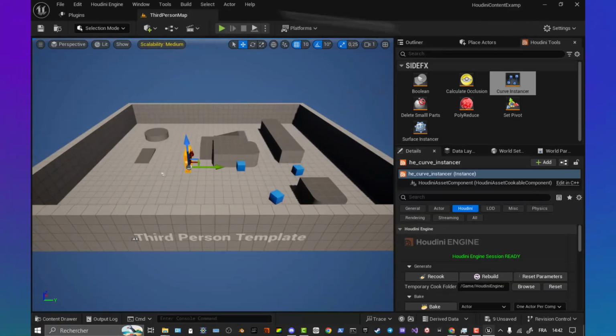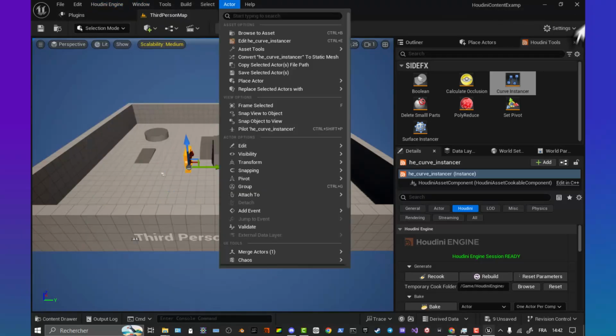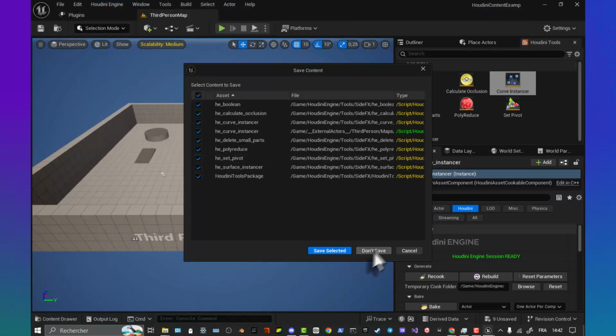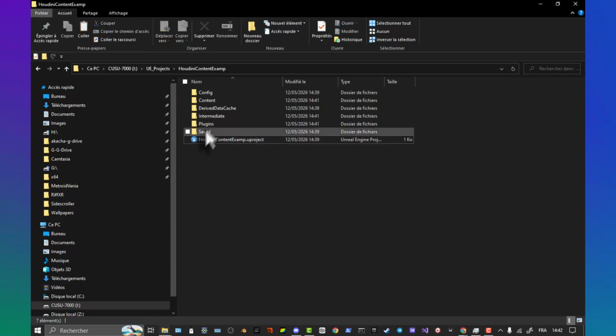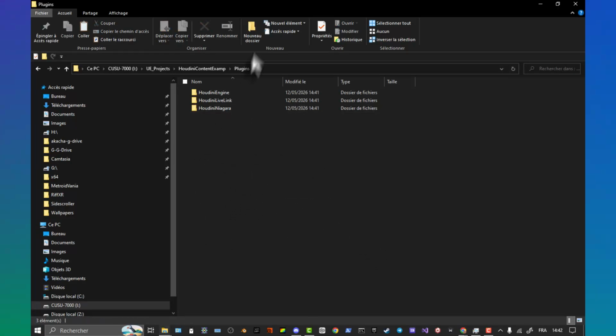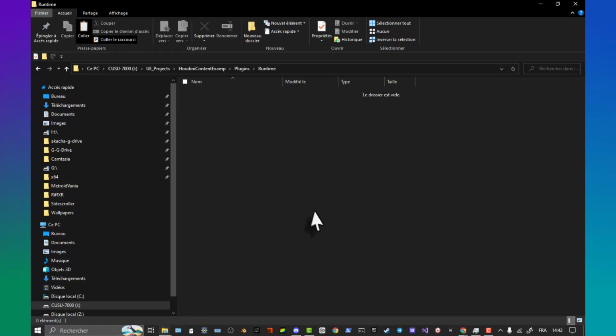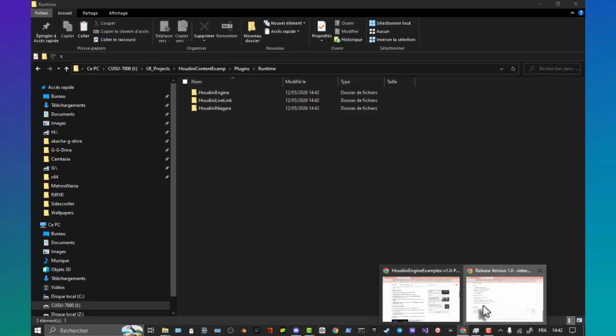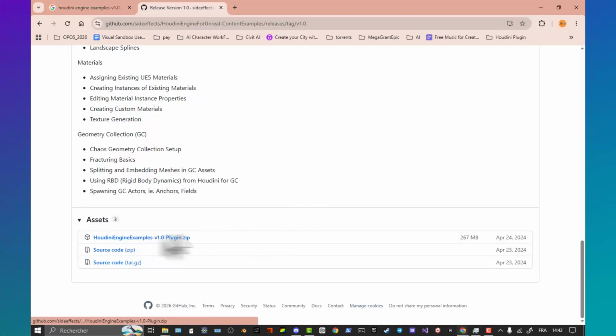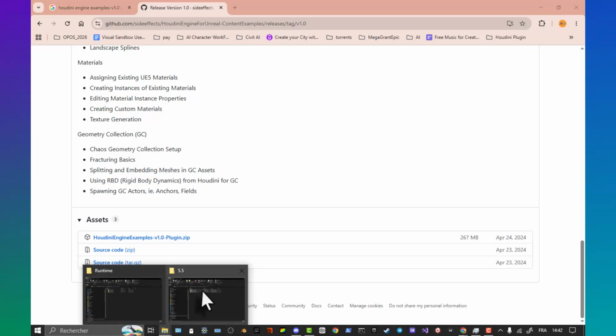So before doing that, we already set up the Houdini Engine plugin. Let's close the project. No need to save here. And the way to have the content example working, you need to create a new folder in the plugins folder and call it runtime. Once you do that, you paste the zip that we downloaded from the GitHub. Just to remind you, the zip is this one. We already downloaded it from the GitHub release place. So this is Houdini Engine examples, and you can see it's the exact same